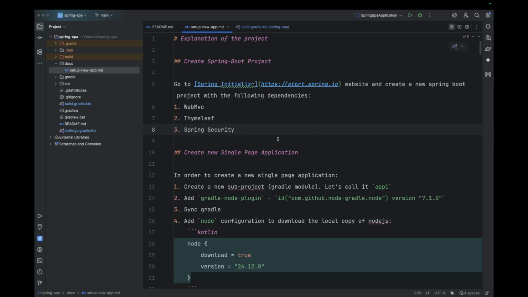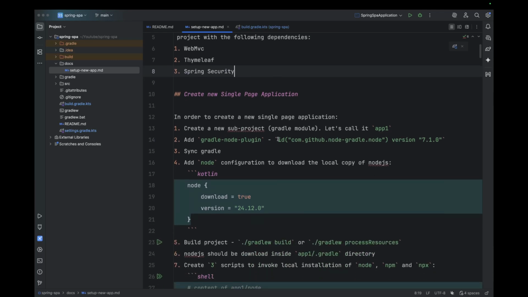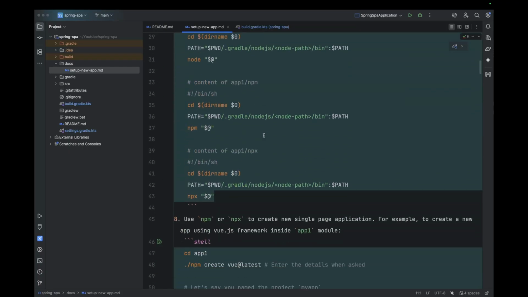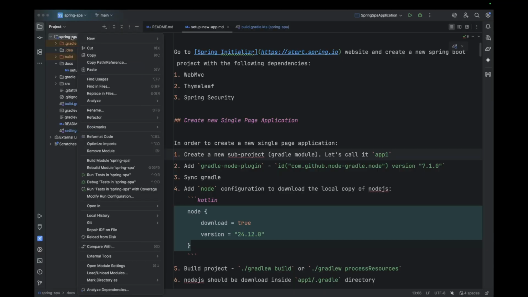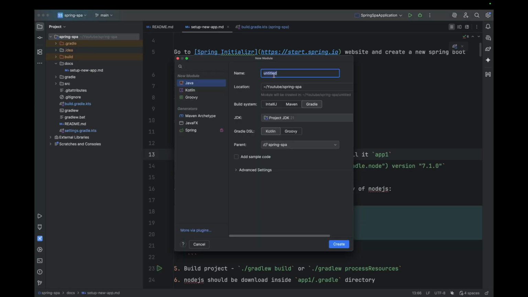Now, after that, we need to create a single page application. In order to do that, there are a few steps mentioned here which we need to follow, so let's follow them one by one. First of all, we need to create a sub project. In Gradle, a sub project is called a module as well, and we are calling it app1. So let's create that. I'm using IntelliJ IDEA, so I can right click on the root project, choose new module,